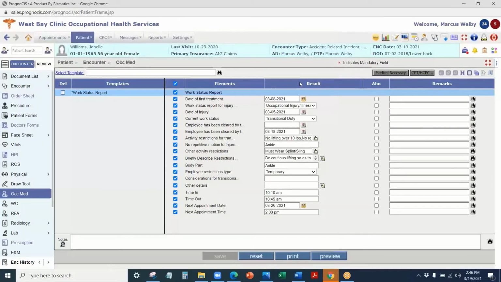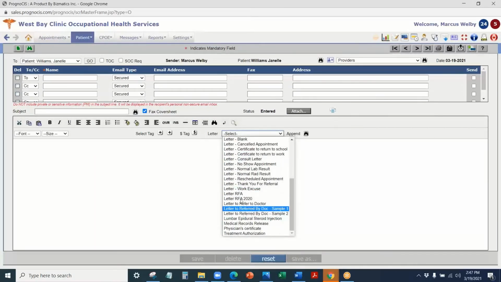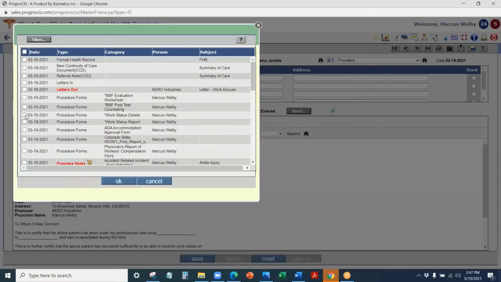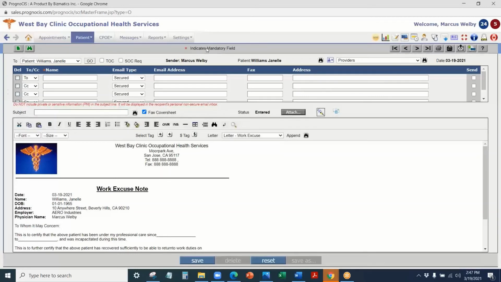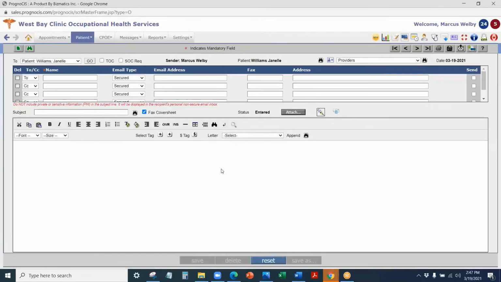But this can be automatically sent through the employer portal if you want to give stakeholders within the organization a login, or you can also send this directly from the letters out screen. So you can come in here, have a specific letter for return to work, attach that work status form, and send it directly to their supervisor or to the appropriate party, depending on the individual who needs that information. And you can document any specific restrictions and things within that particular document. So that is essentially that piece of it, and I'm going to turn it over to Lynn